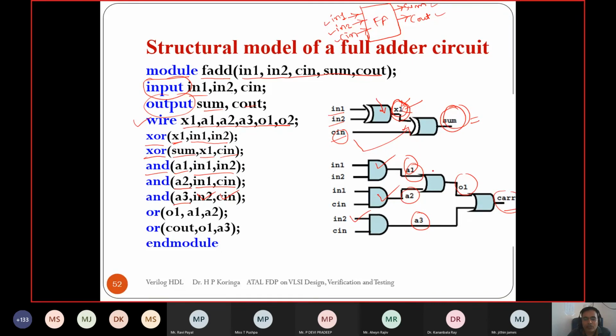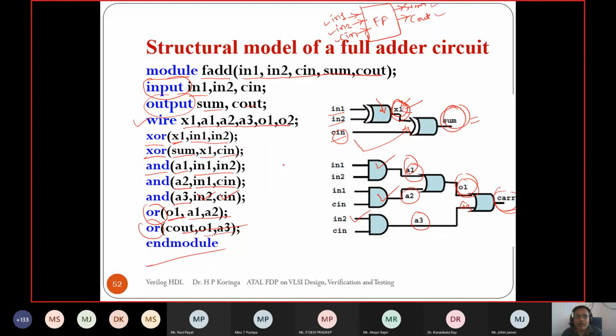Then we want to OR those product terms, A1 and A2. So using the OR, the output of the first OR gate is O1 and the inputs of that OR gate are A1 and A2, and for the second OR gate, the final carry out is the output and O1 and A3 are the inputs.